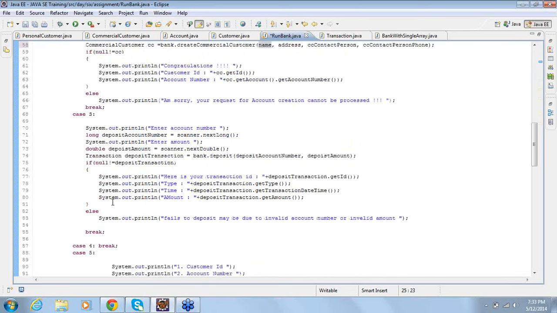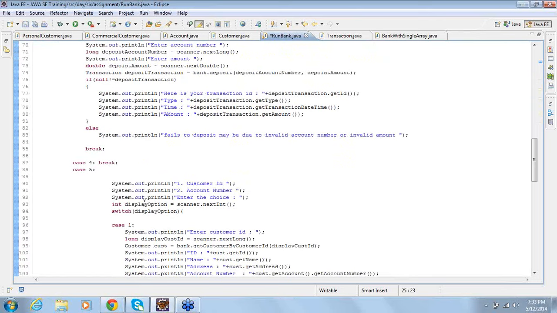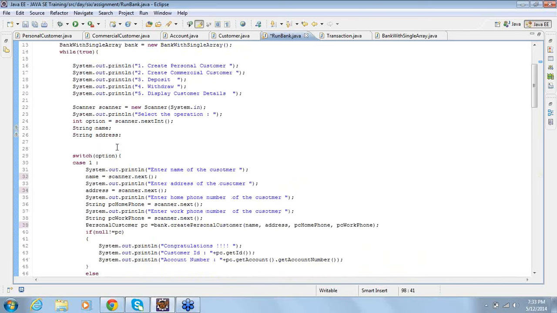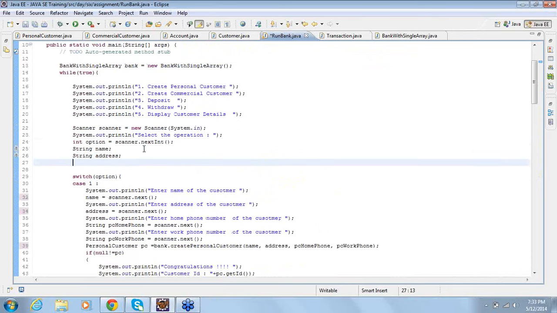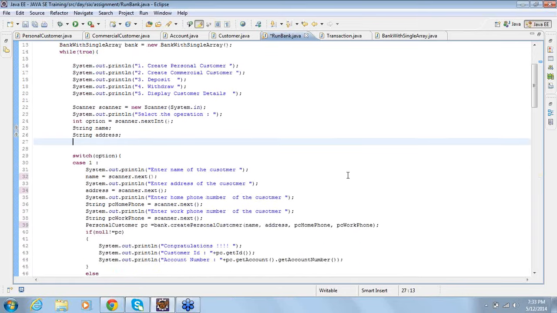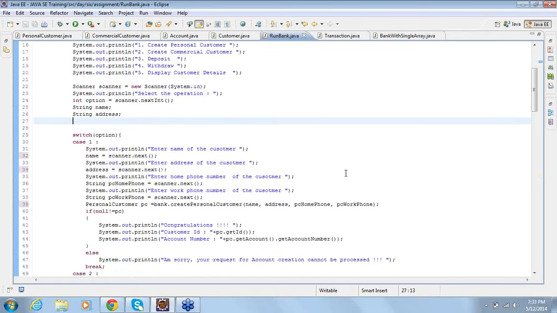And even here, you see everywhere, case 3 and then case 5, every time you need a customer ID and account number. So you need it in each and every case. These kinds of things you can declare commonly outside the switch, but you don't need to be outside the while loop because you don't need to maintain them after the loop. Did I answer your question? Yes, thank you. Any other questions from others?